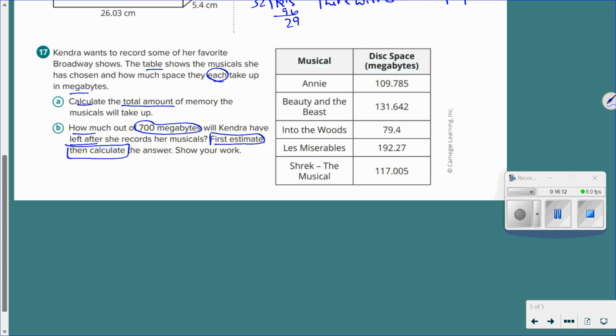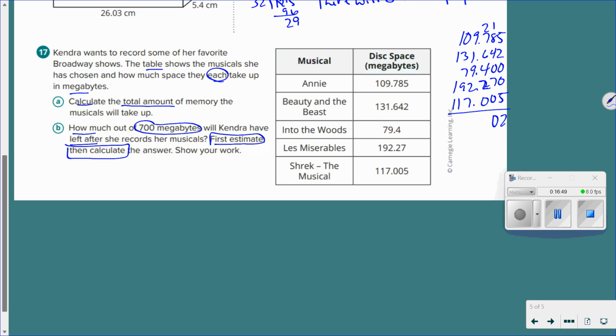Oh, you did? Okay, so there's not an estimate part on there. So calculate the total amount it's going to take up. That means I'm just literally adding up my numbers. So 109,785, 131,642, 79,004, I'll put in 2 trailing zeros, 192,227, so put in 1 trailing zero, and 117,005. So now I'm adding up my columns: 5, 10, 12, 15, 20,